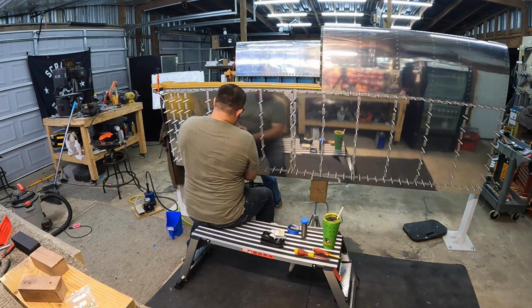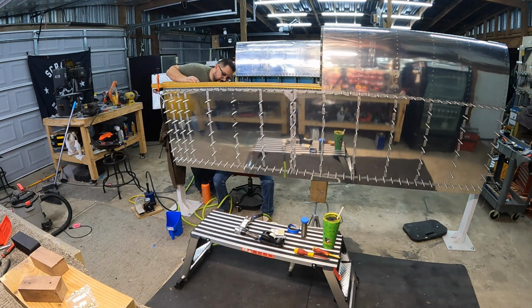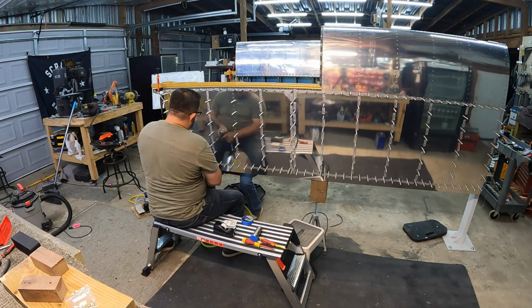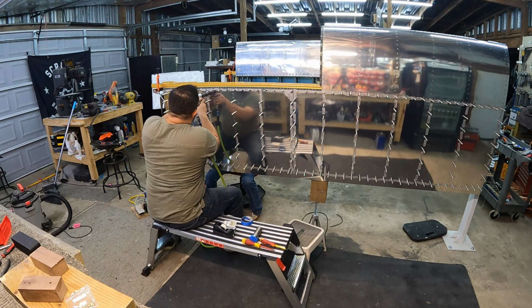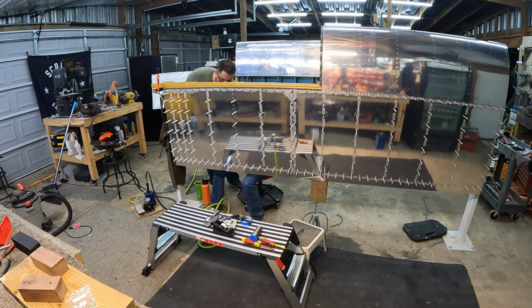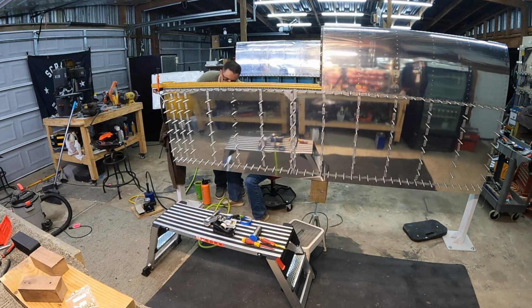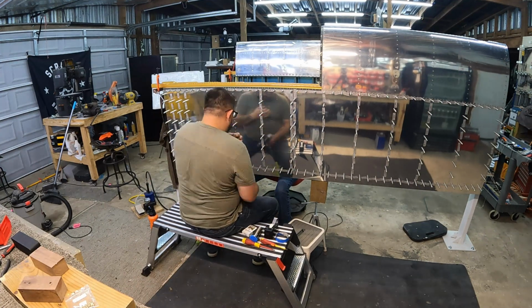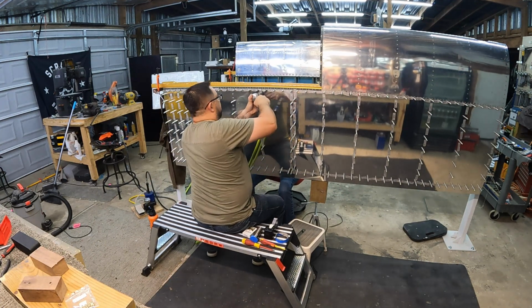Two things. That thicker skin right there didn't get as nice and crisp of a dimple in it as the thinner skin, it seems like. And trying to back rivet, we weren't getting the rivets to seat. It could be a combination of things, me pushing too hard from the backside, all that stuff. So we decided just to go with the flush rivet set, and